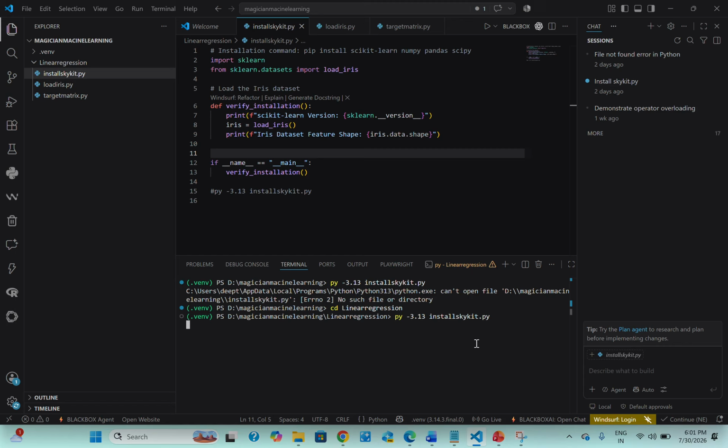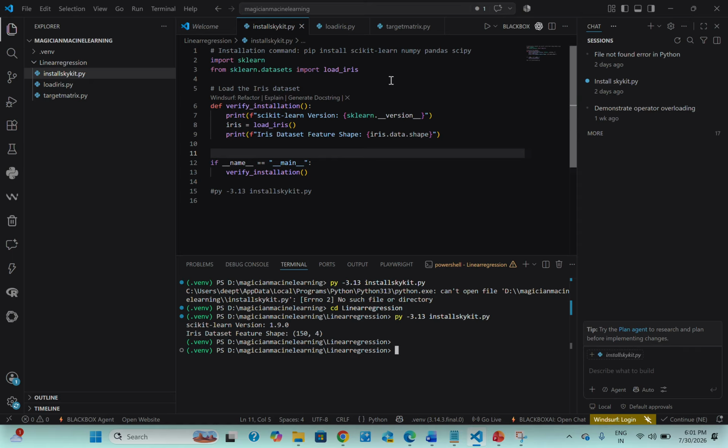It will take a few seconds to give the program output. Yes, my scikit-learn version is 1.9.0 and the iris dataset feature shape is 150,4. What is this? In depth we are going to explore in the future classes.